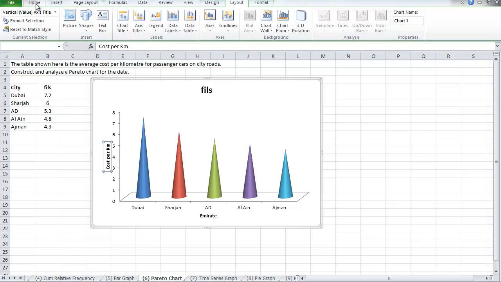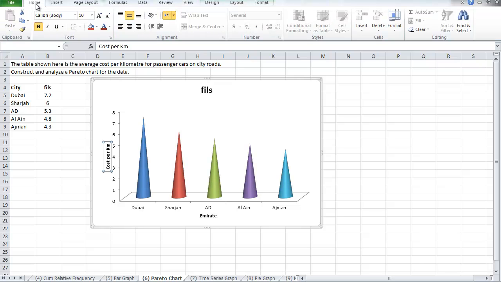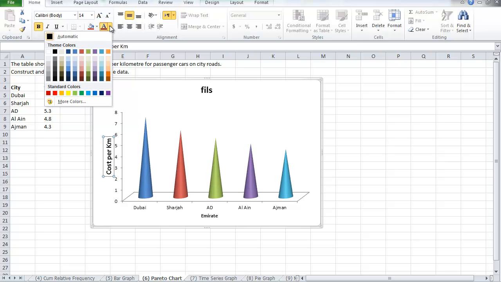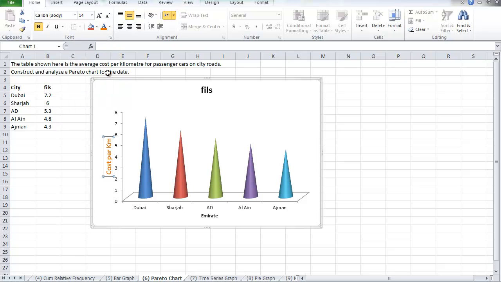Okay, let's make them bigger. And you want to choose a different color. Let's go now to the orange. Okay, and we do the same to the emirate. Orange font,